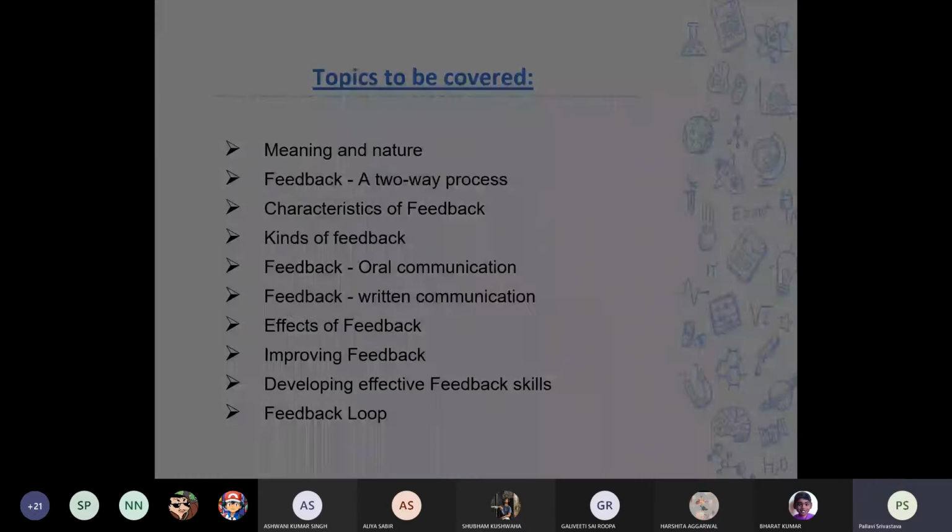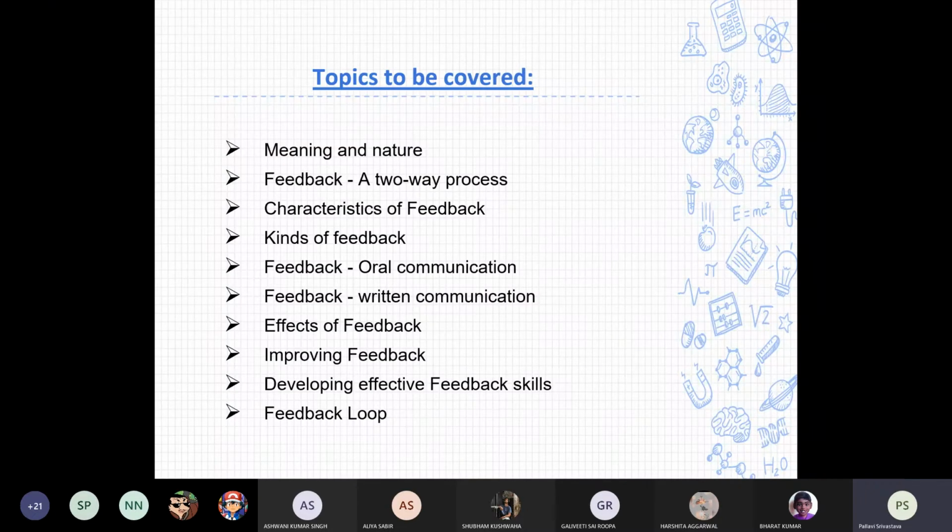This is a lengthy unit, especially because we have a case study also. BFIR, I have not written it here, but there are methods through which we give feedback, and these two methods are called sandwich method and BFIR. So we are going to look into those methods, and then we have one to two case studies as well. So I guess I'll take at least two lectures to finish that. Let's start the class today.